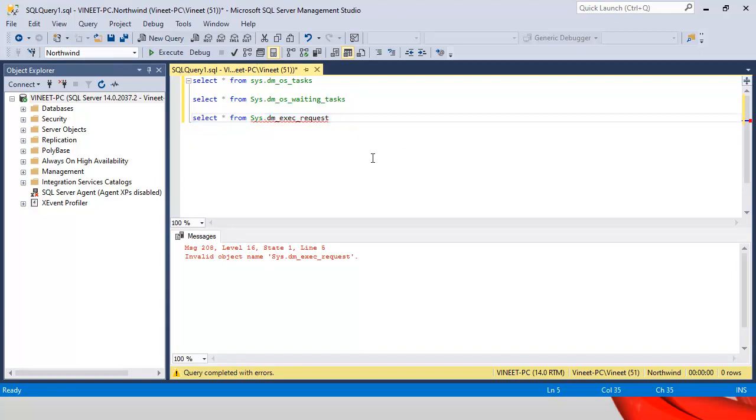So maybe this table is deprecated, so that's why the object does not exist. Otherwise, if we go by spellings, these are correct. So this is not available. This management view is not available in this version of SQL Server. So another view which is available is